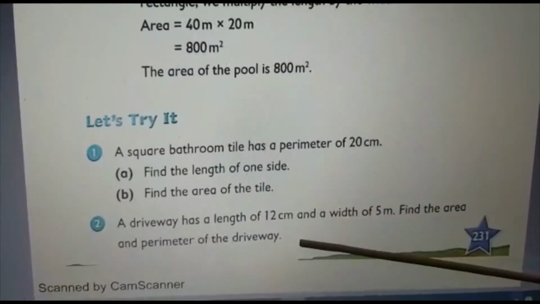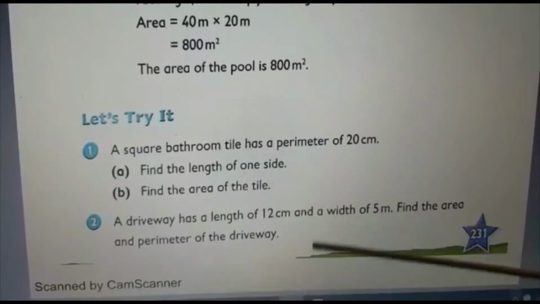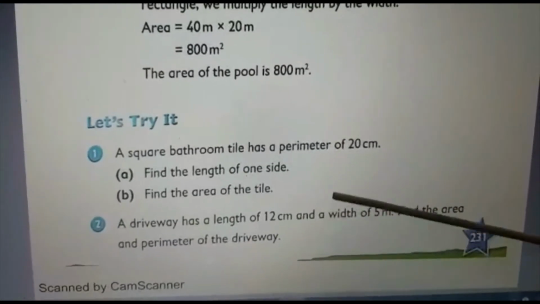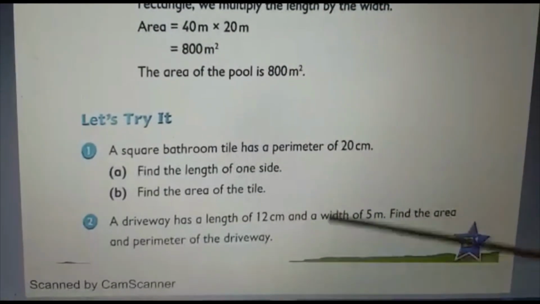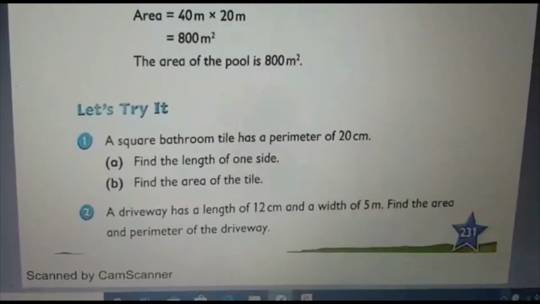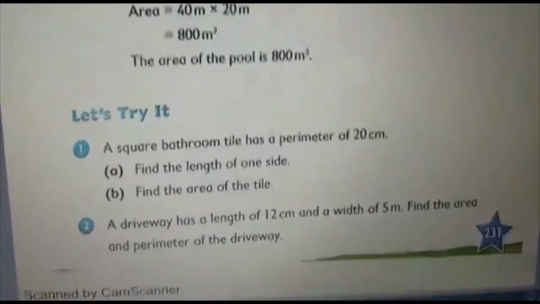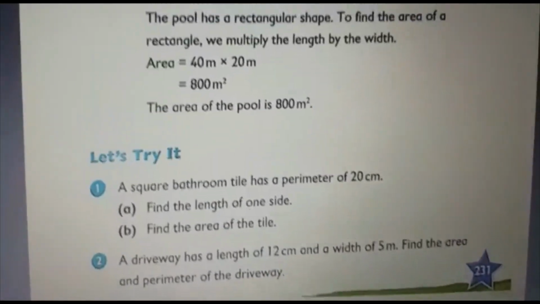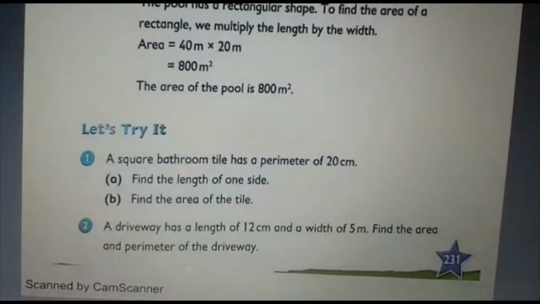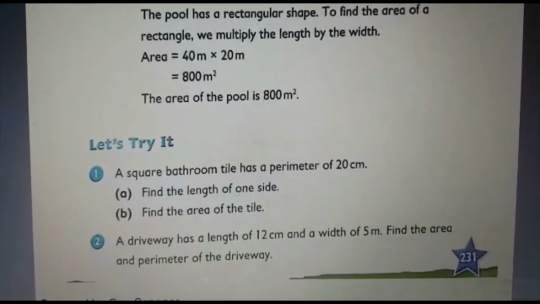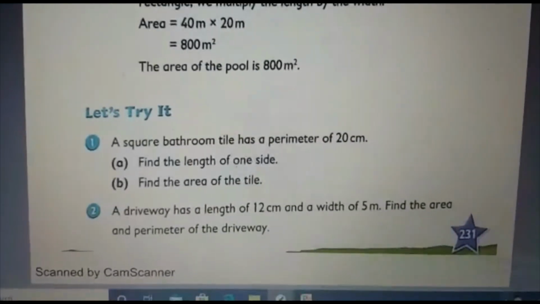It's a rectangle, is it? So we know the area equals length multiply width, and the perimeter is 2 times length inside a bracket plus 2 times width. Okay. Then you find and write the answers. So all of you please do it yourself. I will send a video for the answers tomorrow. Okay. I will upload it tomorrow. Otherwise you will copy the answers. First you try to do it yourself and send me the answers.